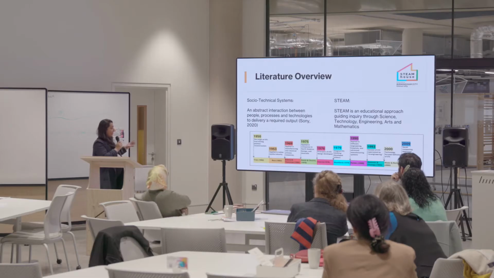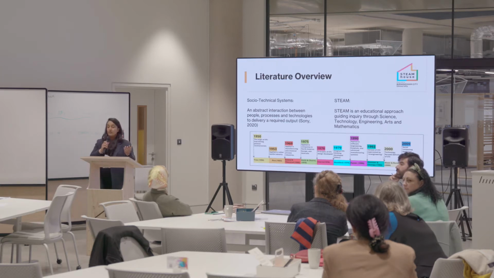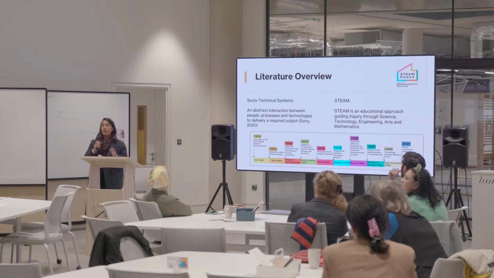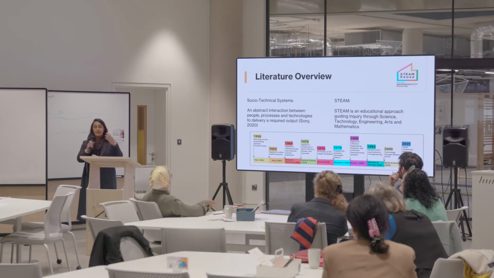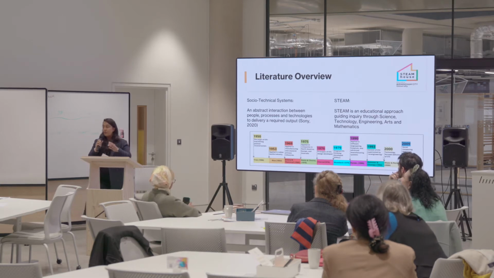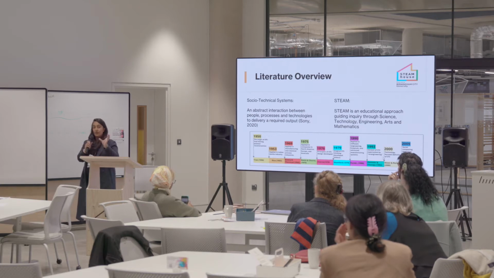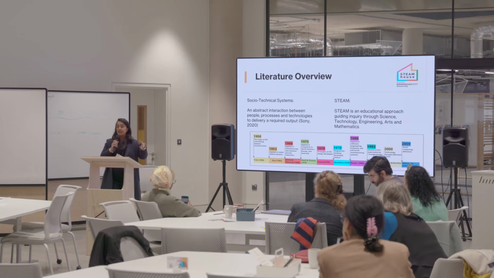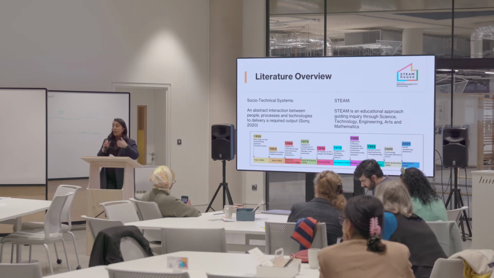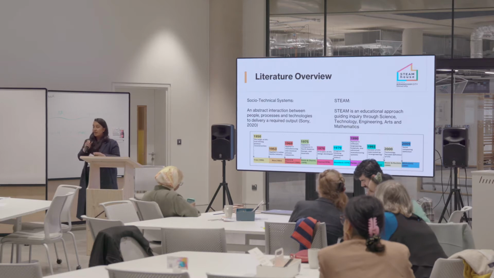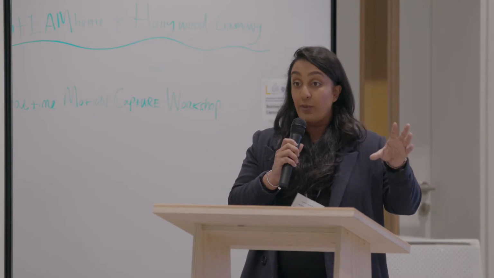So a little history about socio-technical systems and where it originated. It was as early as the 1950s, where coal mine productivity was decreasing, even though they had the best of the best technology. The problem that they identified there was a lack of correlation between the people who were using that technology for coal mine productivity. They were not using it efficiently. So I think it sparked this whole, okay, we need to look at the relationship between the people who are using this machinery, and that was the gap, and that's what caused this theory to be introduced.